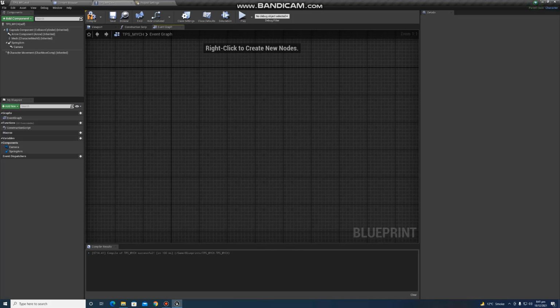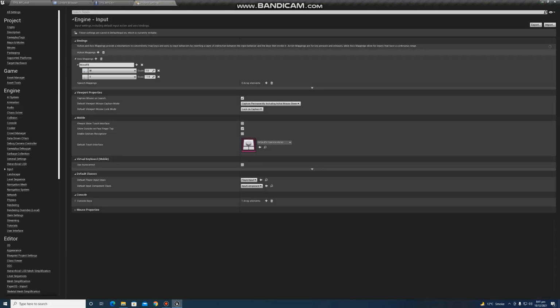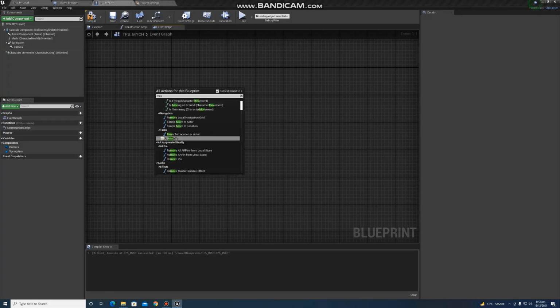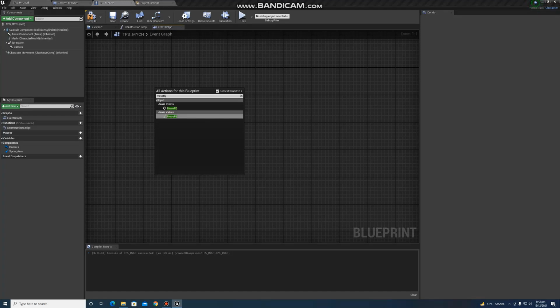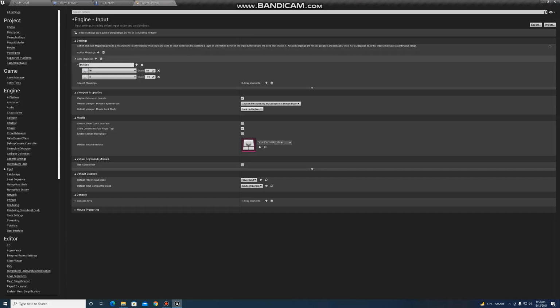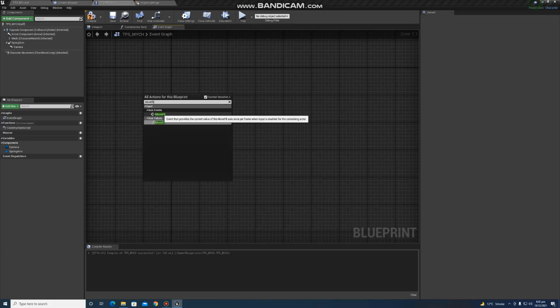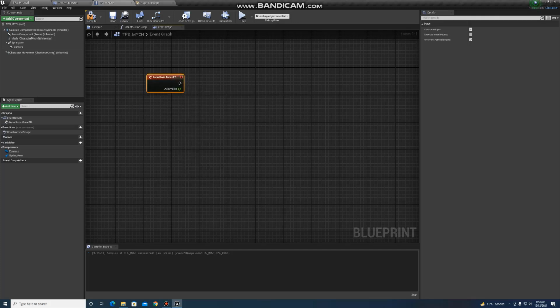Okay, so now we have to call the same function, Move FB. Here we have two keys for move forward and move backward. So now I just right click and search for Move FB. Here you can see under the axis events, in the project settings we have added the axis mapping, and when we search for FB under the axis events, this same function pops up here. I click on this,